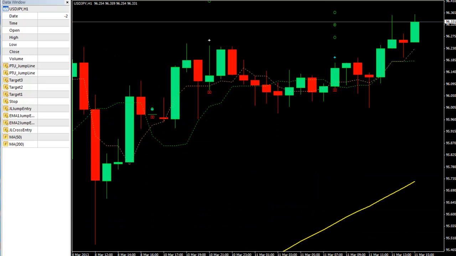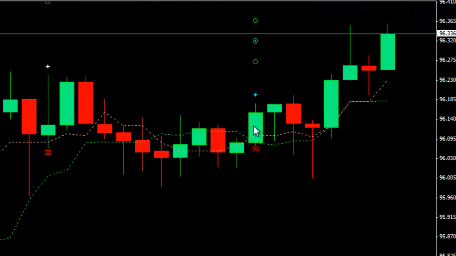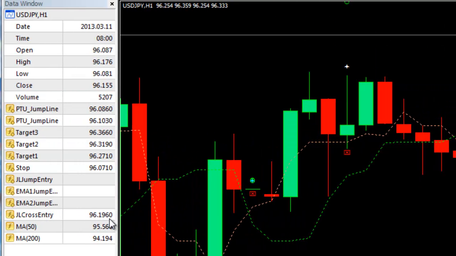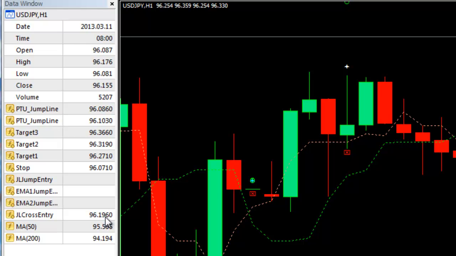All right, here's another really great example of what I'm talking about. This latest setup on the US yen. Notice the entry is at 96.196. I'm going to push that up to 96.21. And then I'm going to add spread on top of that. In fact, I'm going to push this up to 96.26. And I'm going to put my order in at